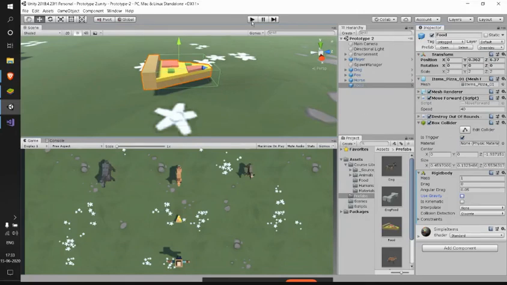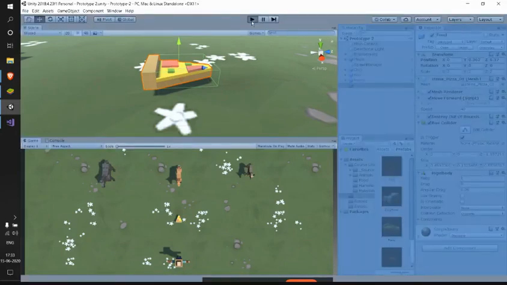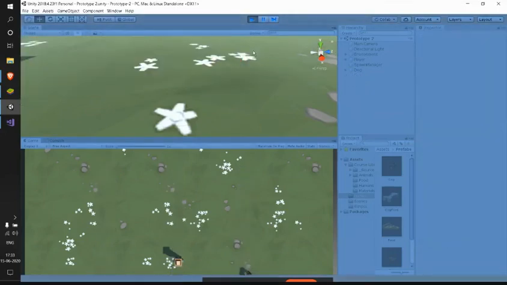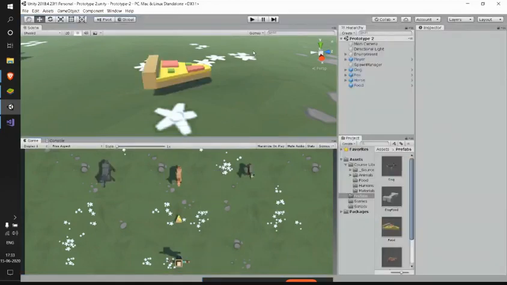So let's try our game now. We just added colliders and have our rigidbody now, but nothing seems to be happening, right? It's the same thing we had earlier. See, even if we try to hit anything, it's going past that. Nothing is really happening. But why is that? We have our collision detection, but what's happening is we are not doing anything on collision. So here comes the part where we actually detect collision.